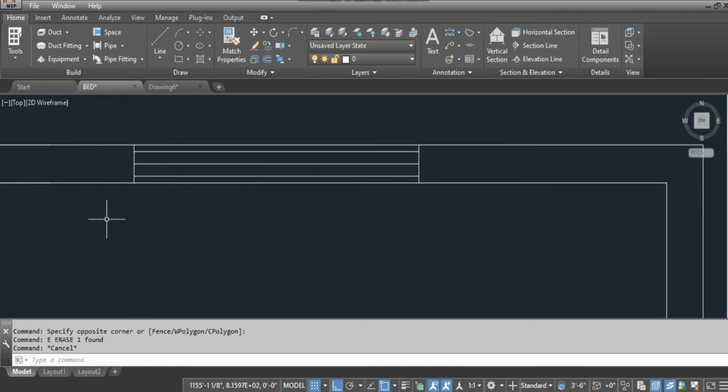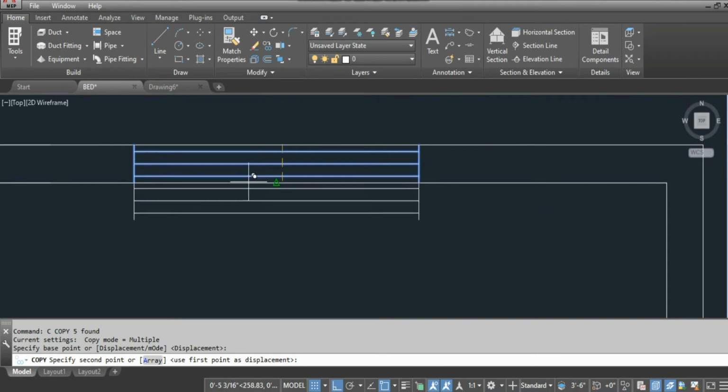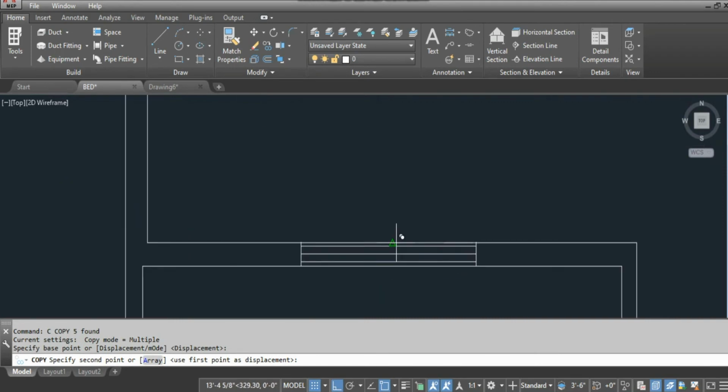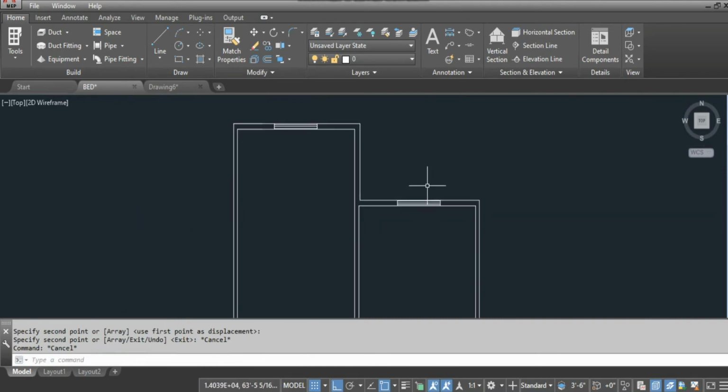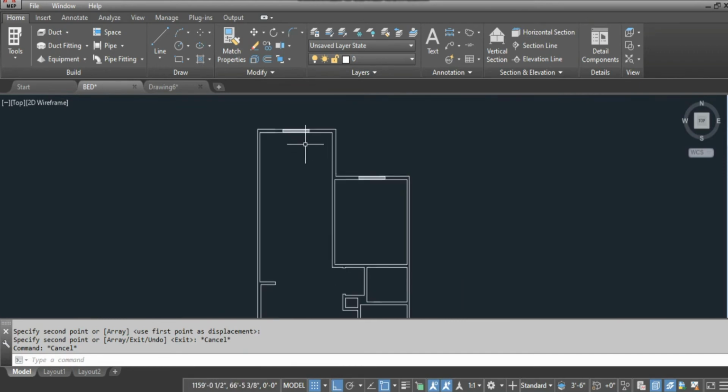So that's how a window is created. In this apartment we have only 2 windows, so